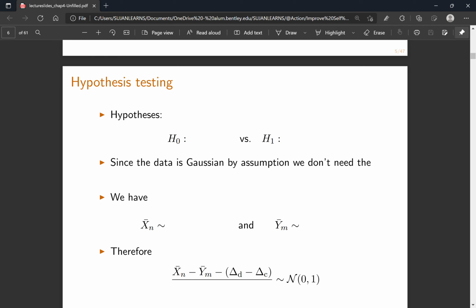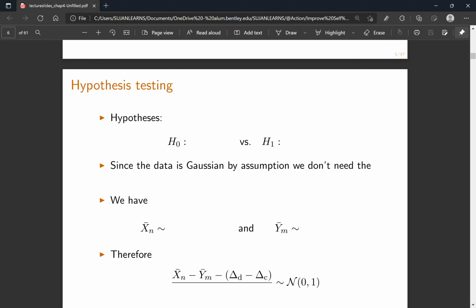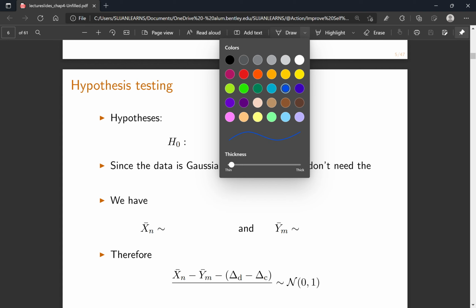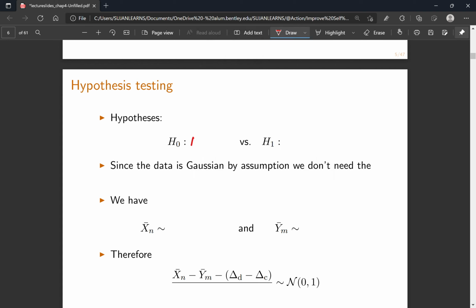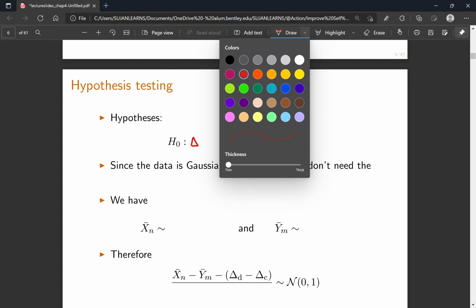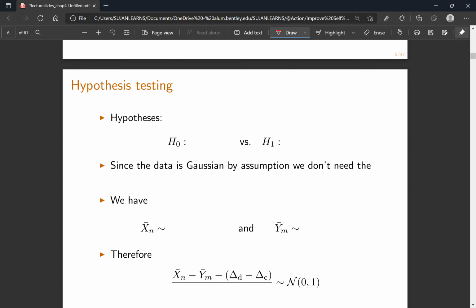How do you do this? In the null hypothesis, we want to see whether the difference between delta C and delta D is equal to 0. That's what we know, right? In the null hypothesis, that's the status quo. Let me set up my pen here. In the null hypothesis, we want to know whether the difference between delta D and delta C is equal to 0. That's the null hypothesis. And in the alternate hypothesis, we want to know whether